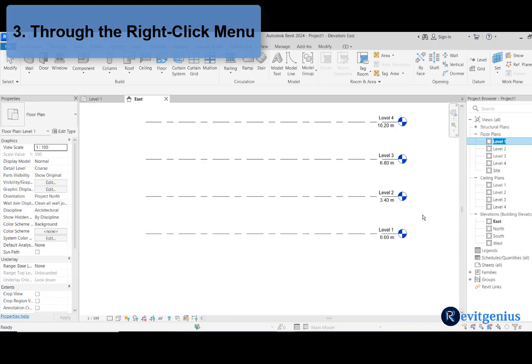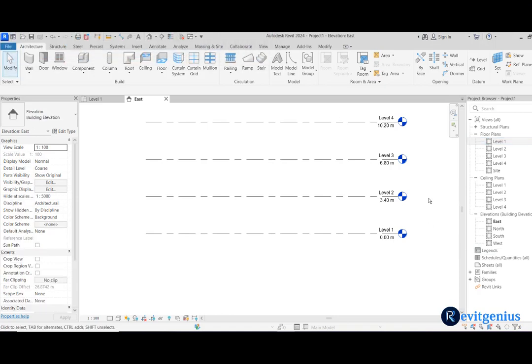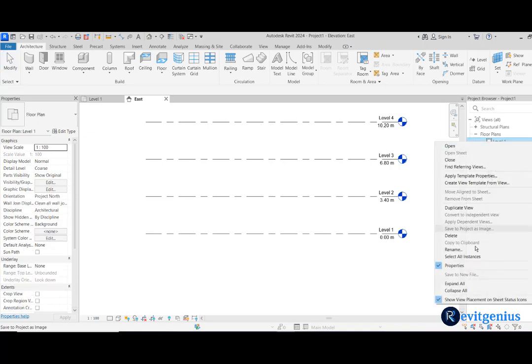Levels are sorted alphabetically in floor plans. This means that the order of levels can be changed by renaming them. For example, if we rename the ground floor and first floor, the order of the levels in the floor plan will be reversed. It's important to consider the alphabetical order to ensure that the levels are displayed in the correct order in floor plans. To do a trick here, I rename it. I type